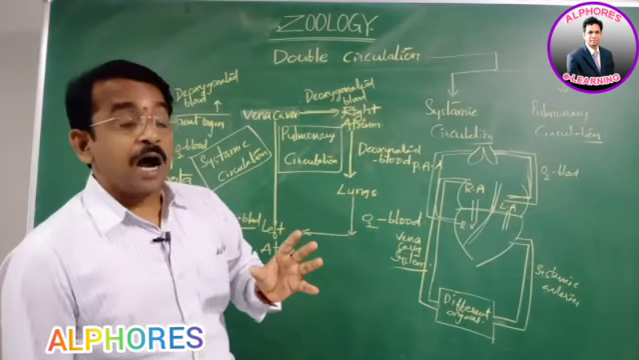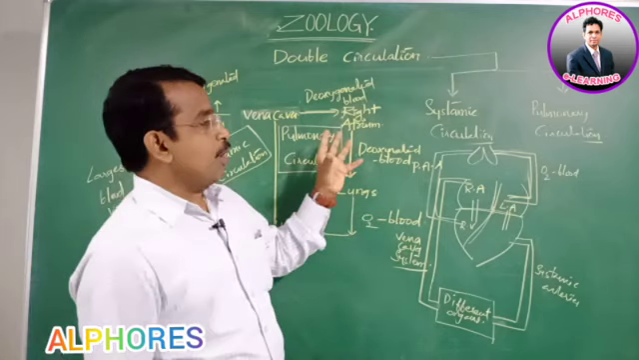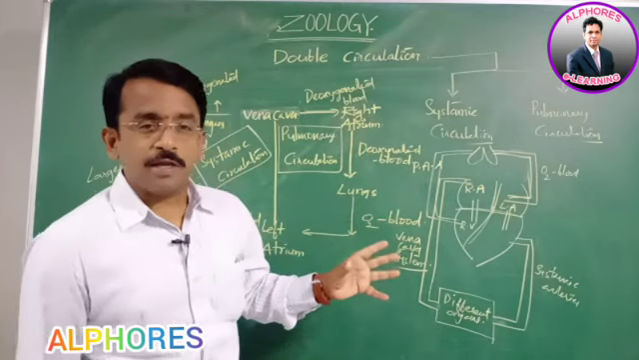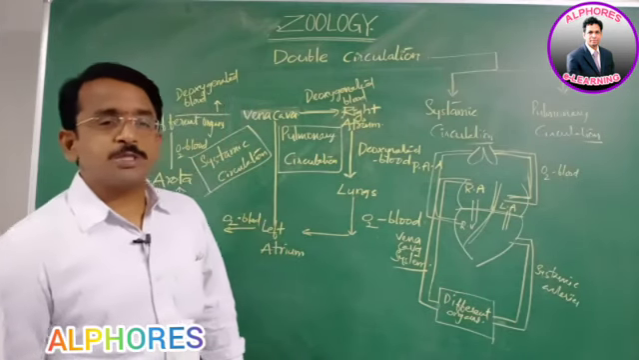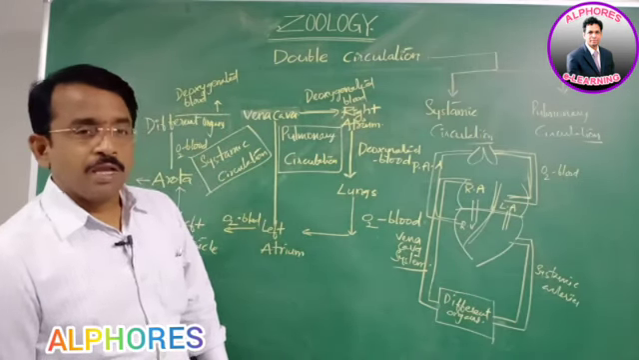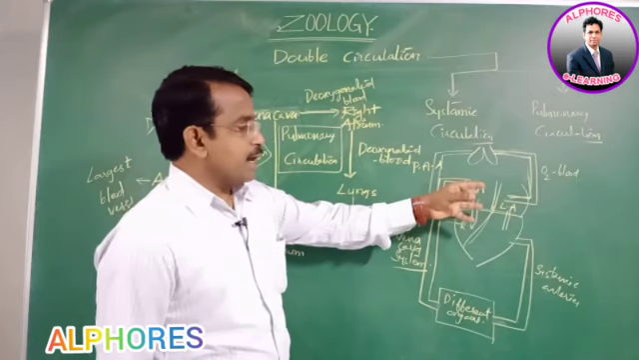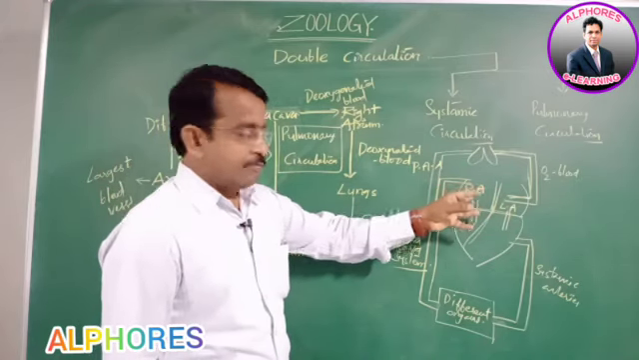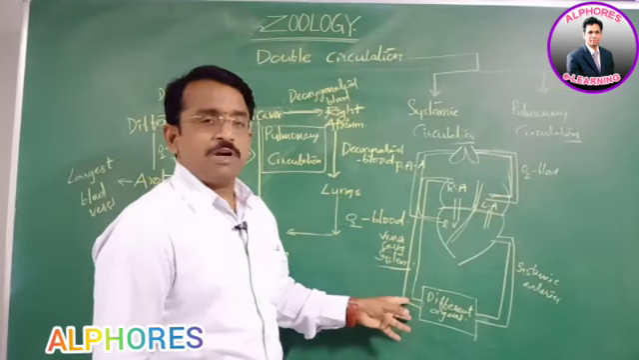This checks the blood circulation of the systemic and pulmonary. This is the advantage of the complete double circulation. The point to remember is that the right atrium collects the deoxygenated blood from two precaval and one postcaval